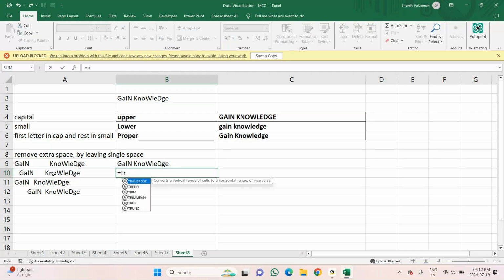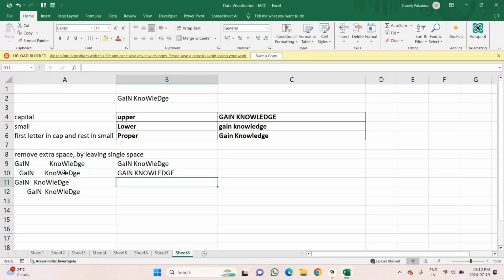I have to use trim, my mistake. Trim, then the text, upper. For trim we have to select a text, and again I use the function upper, where we also select the text only. Close the bracket for upper, close the bracket for trim. Now it is in capital with the extra space removed.